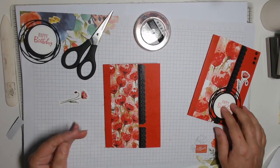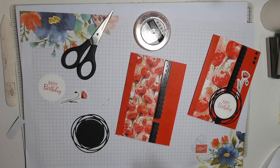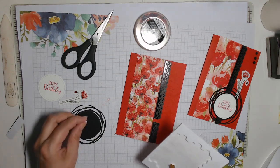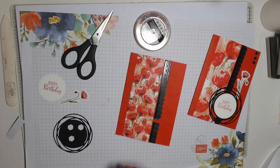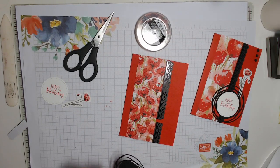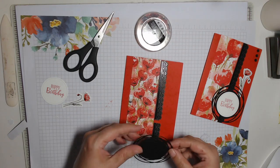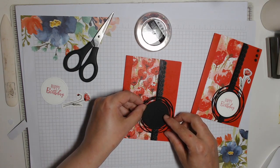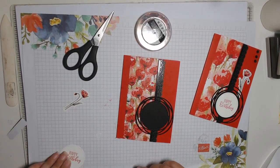So what have we got here? I think this one I've stuck flat. Let's pop it up. Let's have some fun. Dimensionals. So make sure I've got the right side. Pop on some dimensionals. We're going to pop that one up there, like that. I'm going to pop that one